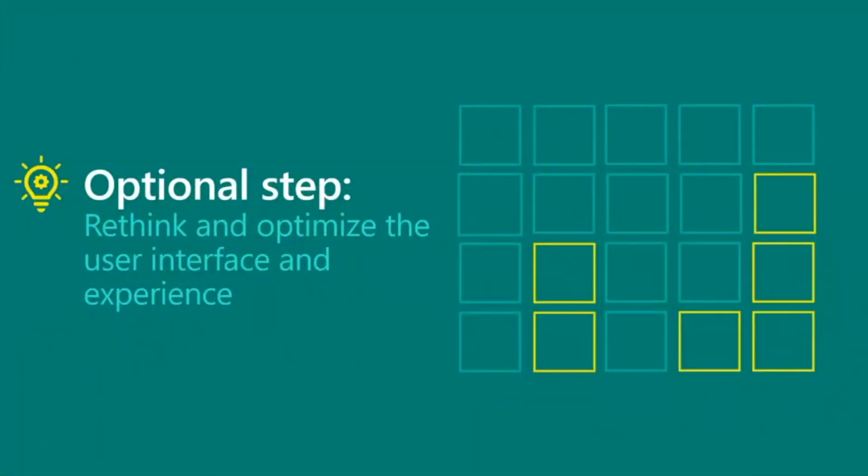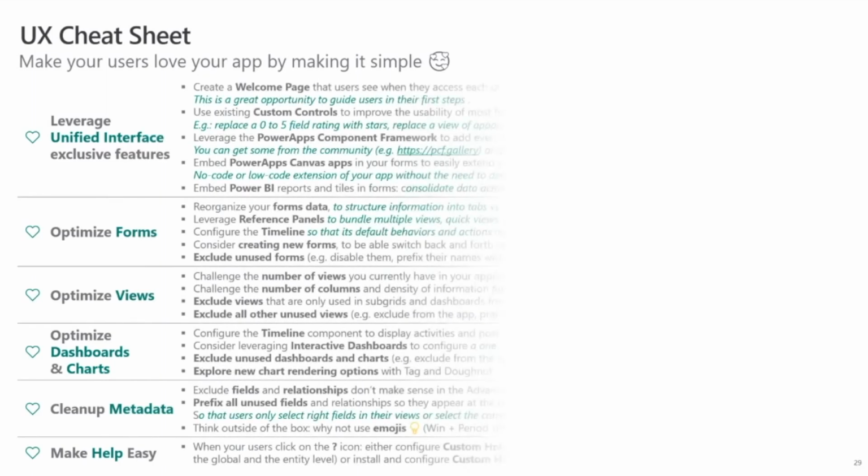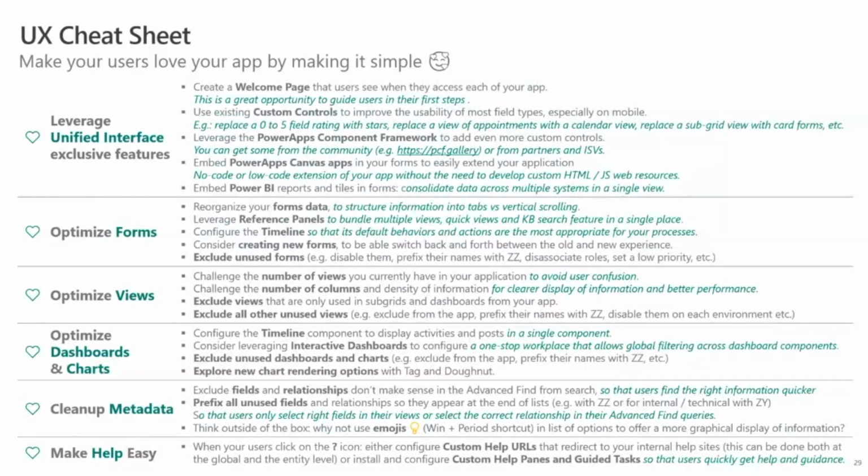Now, if you want to go further in terms of user experience, this is an optional step that can really integrate your cycle and iterations here and help you rethink and optimize the user interface and experience. So here, it's a UX cheat sheet to make your users love your app by making it simple. It's packed with information, but we try to really concentrate everything on a one-pager that will help you, first,